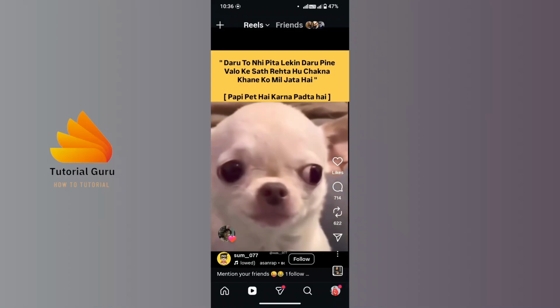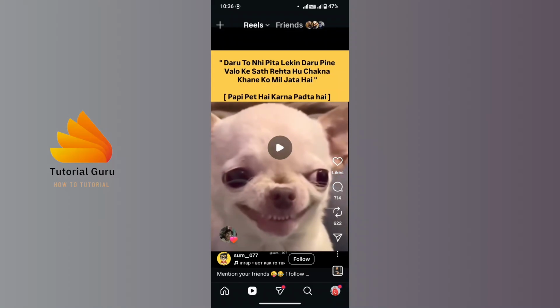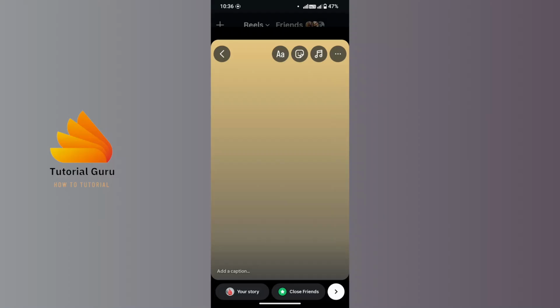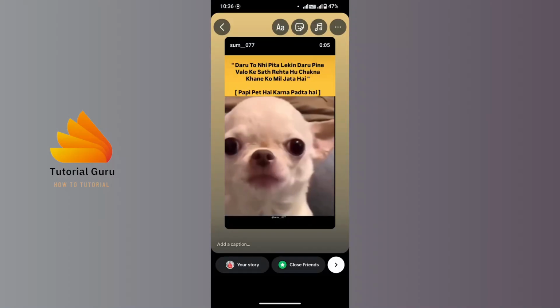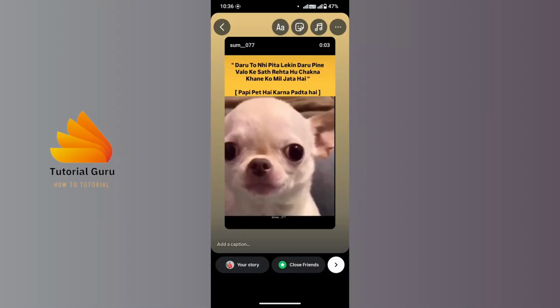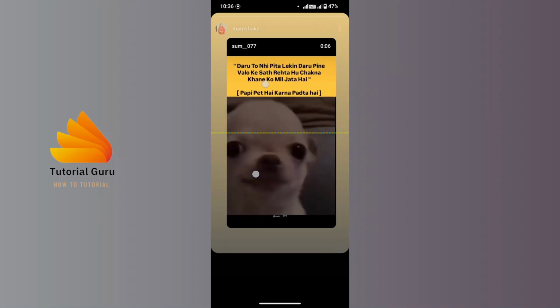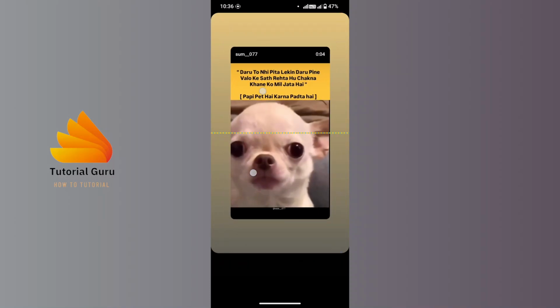So now if you want to put these memes or these reels in your story, tap on share icon here and you can see the option called add to story. So again tap on it. So this is your story. You can adjust it by grabbing your both fingers or adjusting your